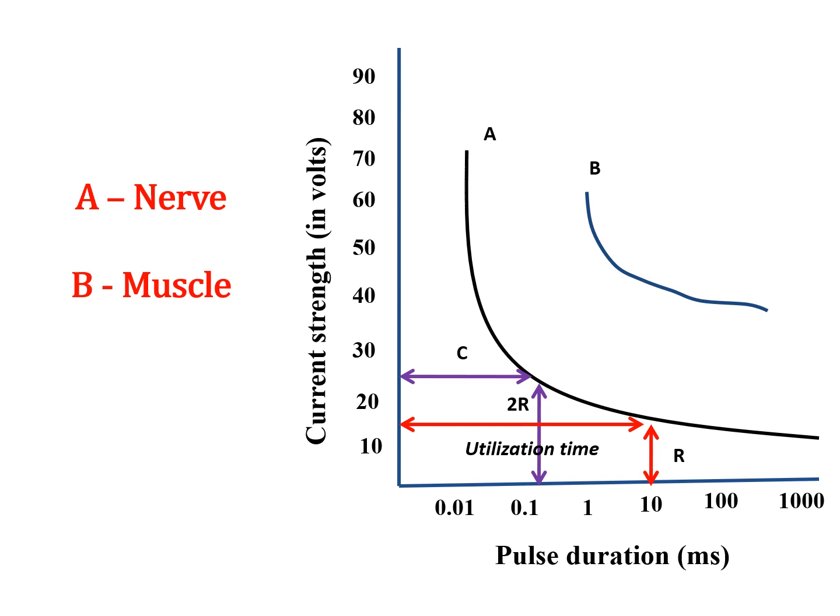So we have two measurements called rheobase and chronaxie. Here, curve A explains the nerve and B is the muscle. So A gives you the exact curve meant for a nerve, which clearly tells that it is a highly excitable tissue compared to the muscle. So we have rheobase, which indicates the strength, and then chronaxie, which indicates the time.